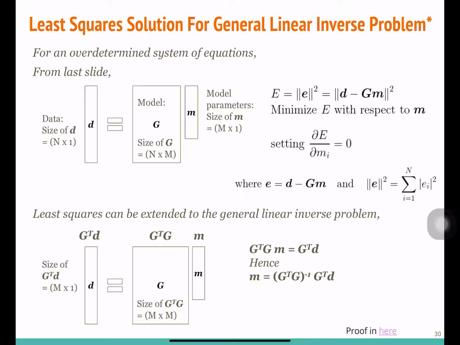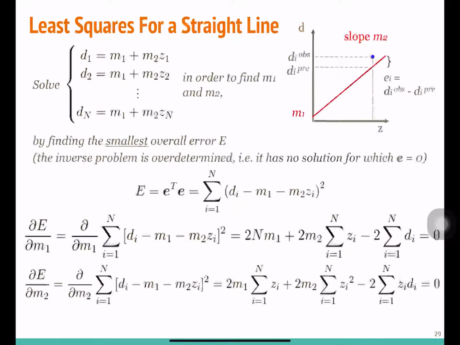So for the overdetermined system of equations, this is how we find m1 and m2, because we have two equations and two unknowns here, right? m1 and m2 are the two unknowns. We have two equations, two unknowns. So it's pretty easy to find them for this straight line problem. But